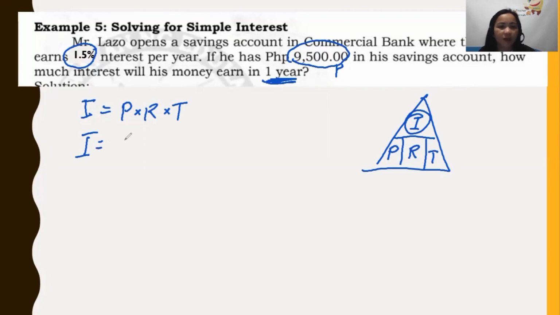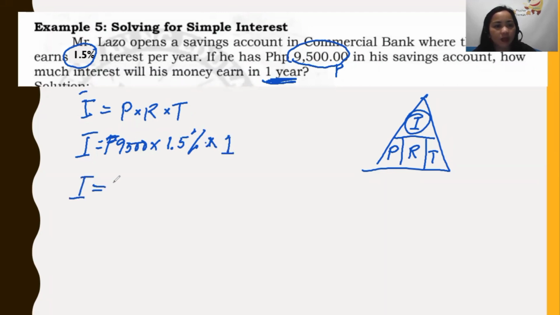So we have the principal amount is 9,500 pesos times the rate of interest of 1.5%. So ito ay rate of interest. Ito naman, yung big I is simple interest. And time is 1 year. So we have here, simple interest is equal to 9,500